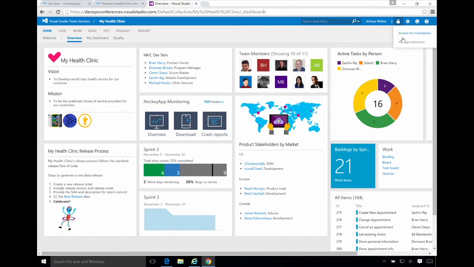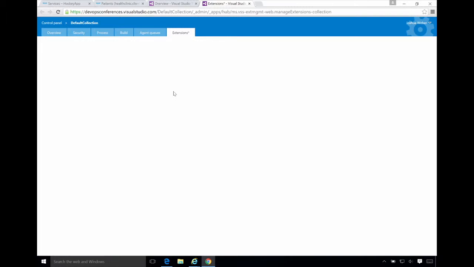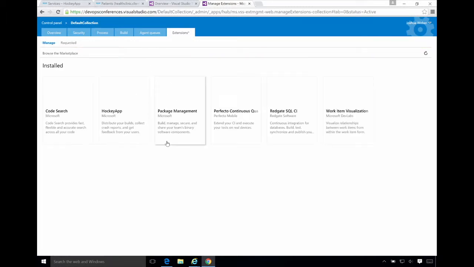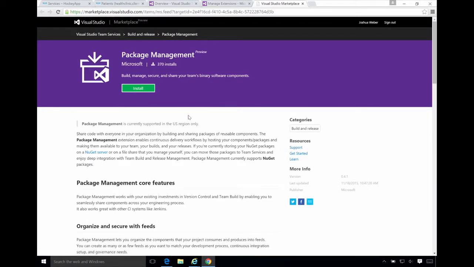So package management, if you go to manage extensions here, it is something that we just launched yesterday. This one's actually already installed, but I'll go ahead and show you this marketplace. What we brought to life was an extension that brings package management for your NuGet packages into VSO. Sorry, that's $1 in the jar for me. Into Team Services. Our goal here is really to help organizations share your binary components and reuse code and